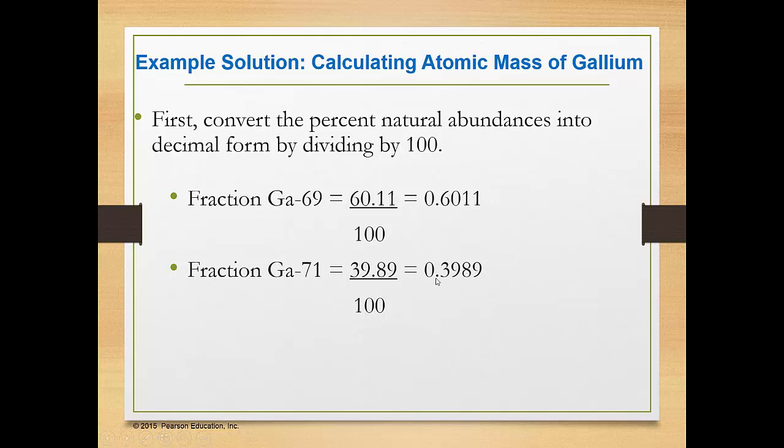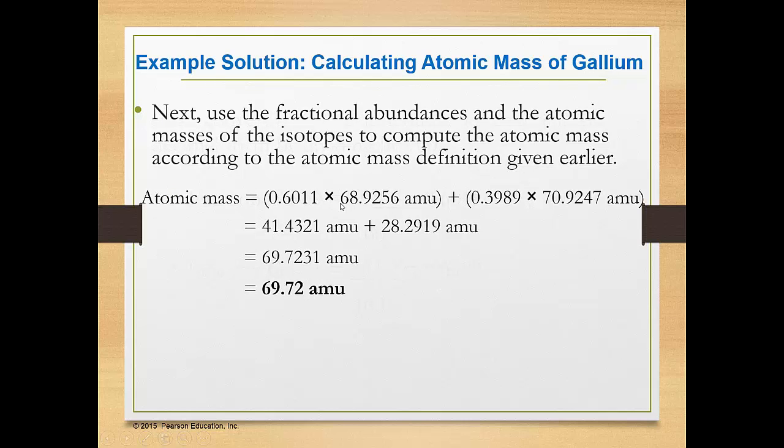39.89 becomes 0.3989. Now I'm going to take those two numbers and I'm going to multiply them by those atomic mass units. Here's the 0.6011, 60.11%. Here's the atomic mass units. Here's 39.89%, 0.3989. And here's the atomic mass units. When I multiply these two, I got 41.43 about atomic mass units. Here I got 28.29. Now notice we are not rounding these according to significant figures yet. We want to avoid rounding errors, so we've just carried the numbers down a little bit further. Add those two together,